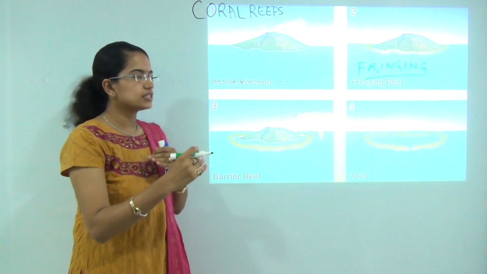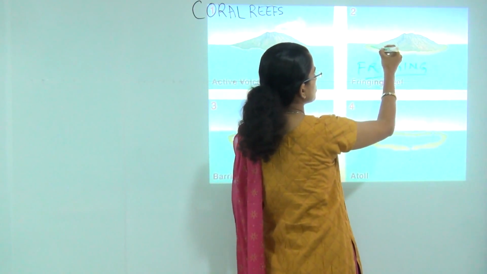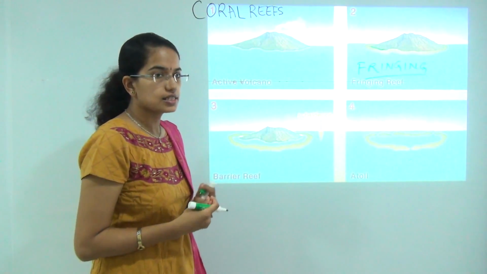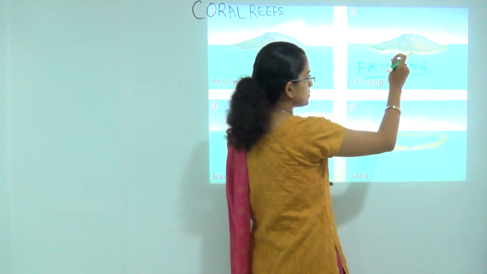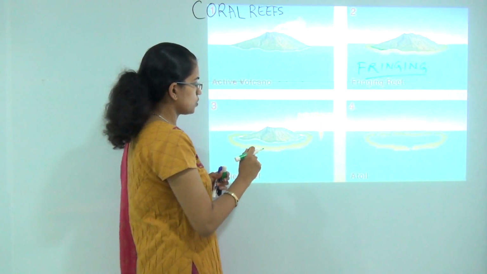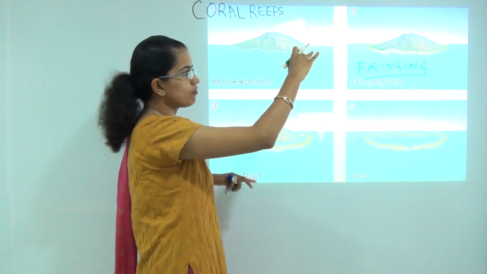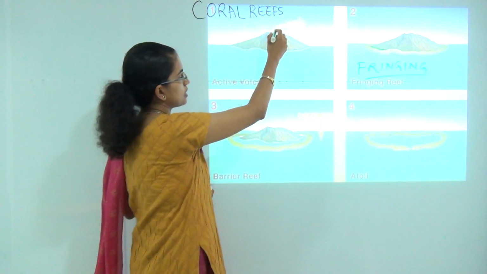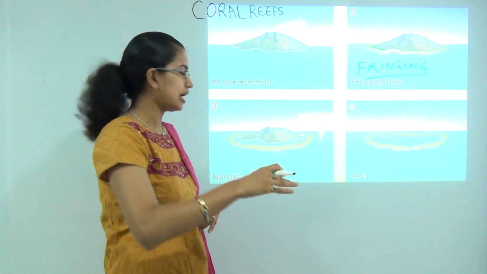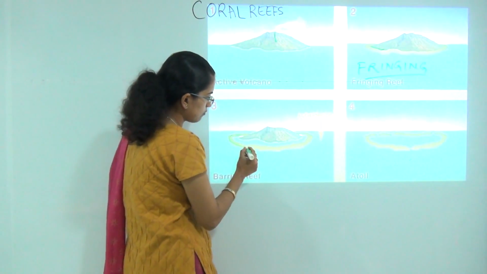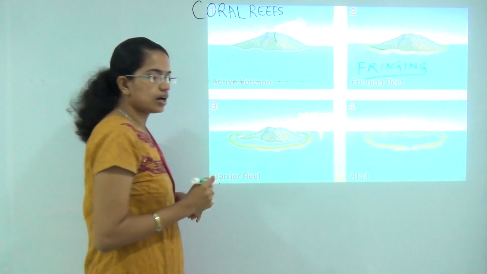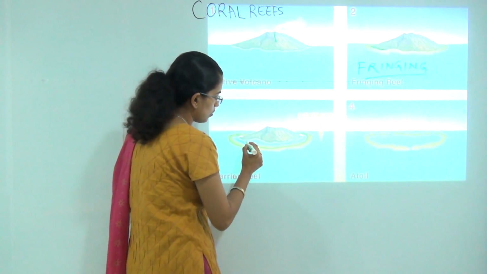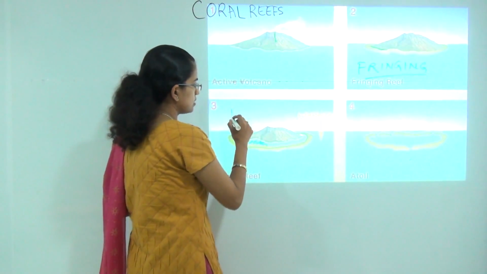And since they are formed adjacent to the island, they kind of touch the continental margins, and where the continental margins are less steep, there are more fringing reefs found on those margins. Slowly and gradually, there is subsidence of the volcano, and that subsidence leads to a reduction in the height of the existing island, and you can see a kind of barrier reef which is formed around the main volcano or the main island, and you have water that lies in between,